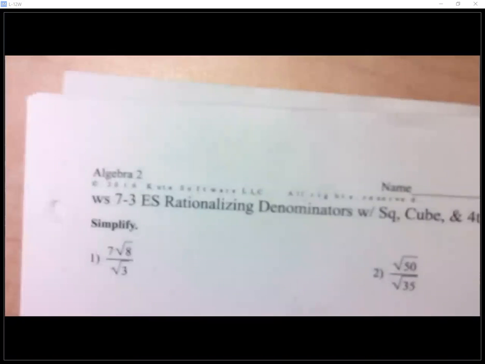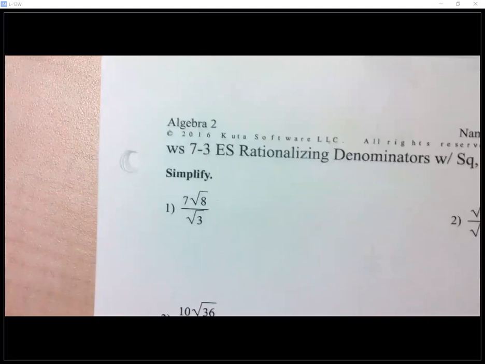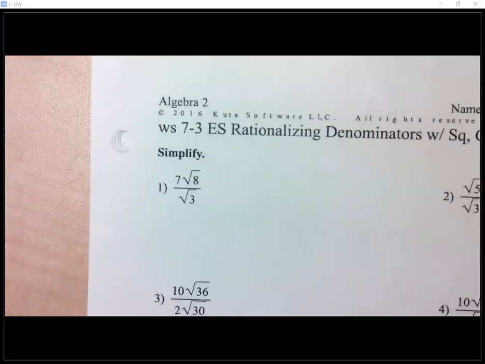All right, so I gave you this worksheet. We are rationalizing denominators. So just like yesterday, with square roots, remember you're not allowed to leave a square root in a denominator? Same thing with cube roots, fourth roots, all of them. I'm not allowed to leave them in the denominator either. So before we begin, let's just try one with a square root and see if we even remember how we handle it. So if you look at number 1,